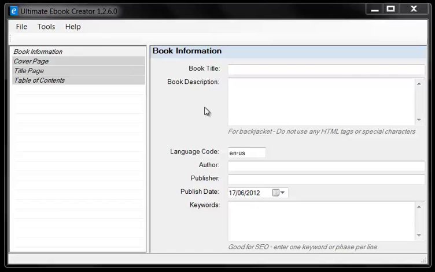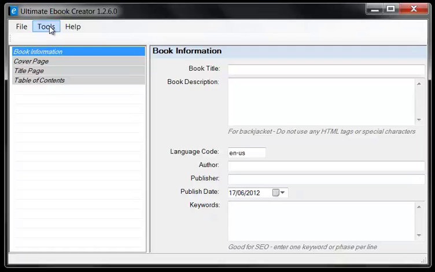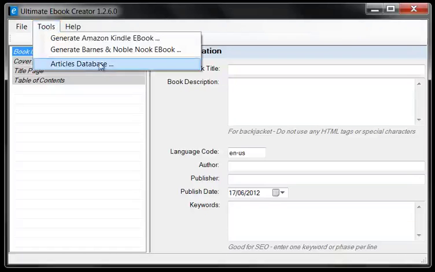Now in this video I'm going to introduce you to a second powerful tool that comes complete with the Ultimate eBook Creator. There's no point having an eBook creator if you don't have content, right? So you need to be able to organize and quickly access content. And so what I did was I created a professional database management system which I called the Articles database. Okay, so that tool you can access from the Ultimate eBook Creator's Tools menu, and then you click on the